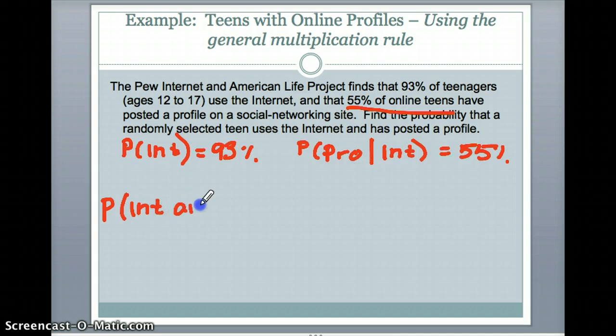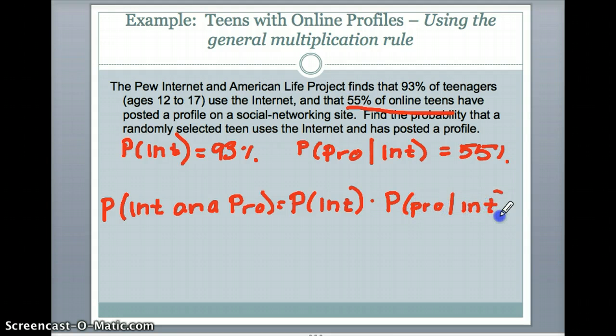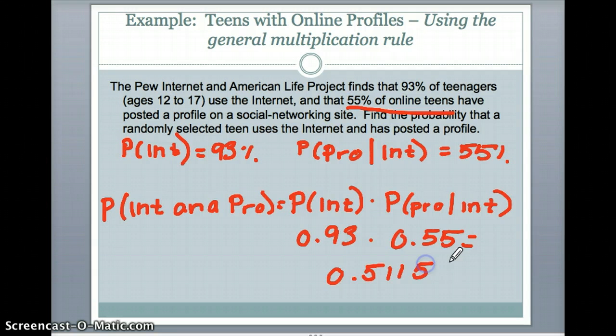So we're looking for internet and profile. So we're going to have to multiply the probability that they're on the internet with the probability that they have a profile given that they're on the internet. So we have 0.93 times 0.55, which is 0.5115. Okay,